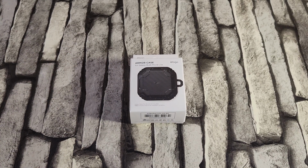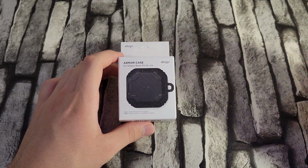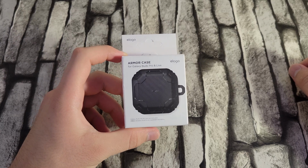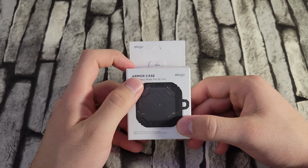And so I was thinking, why not just get this one right here, since it is only earbuds and you really don't need the best of the best cases, and this was probably already a good one because this had tons of good reviews. So I went ahead and got this, and it has finally arrived, and so let's go ahead and check this out. So first up, the box has the design right here, and then it gives you some